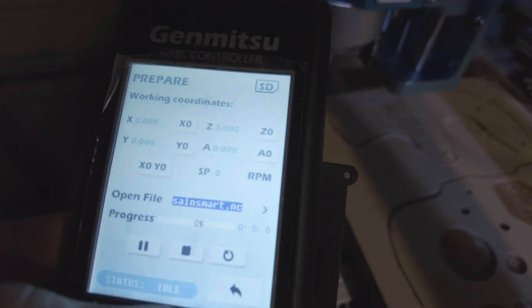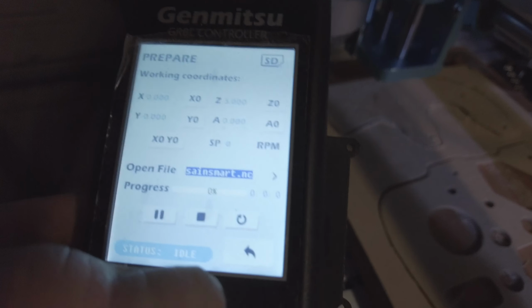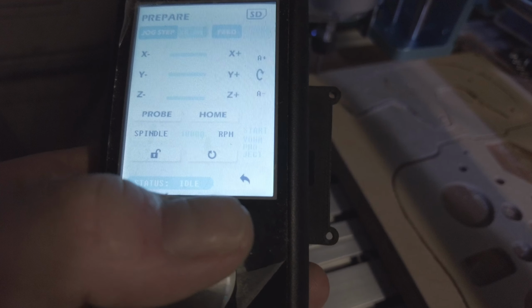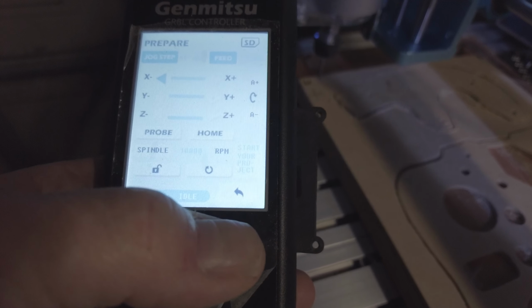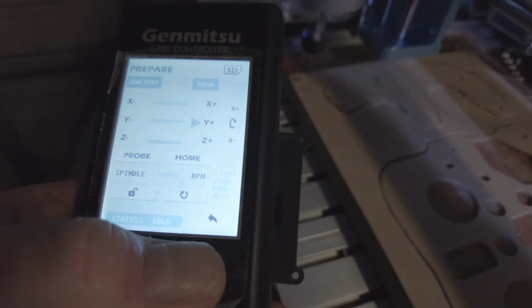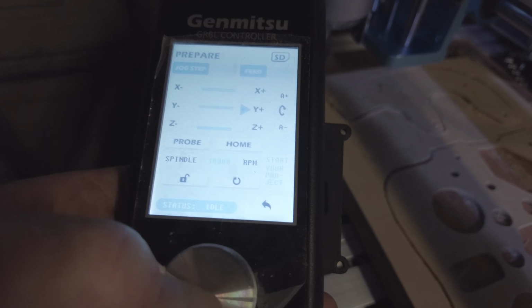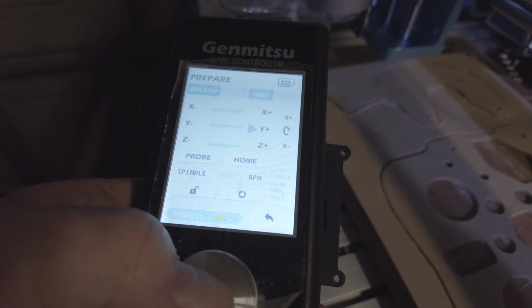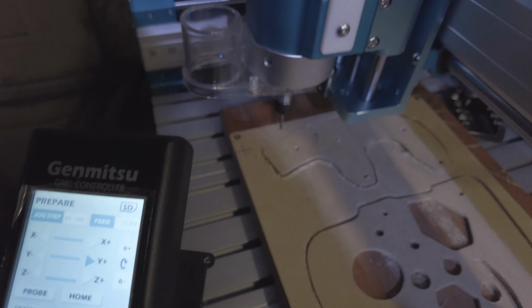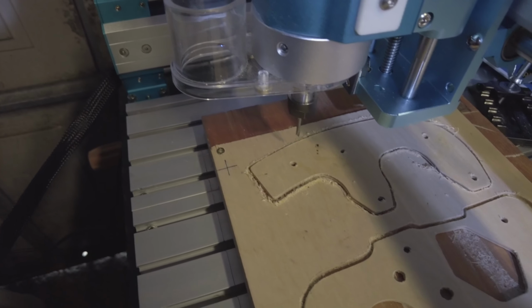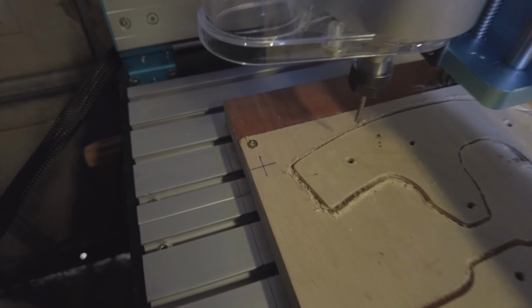Alright, now what I'll do is I'll move the machine just to show you. So we'll go back onto the next page there, and what I'm going to do is move my favourite, the y-axis, plus or minus, so I'll move it to minus. Oh no, I'll move it to plus. It's a bit easier to see. Okay, so as you can see, I'm moving that to plus. Right, so I've moved the machine away from the work origin, which is that cross,